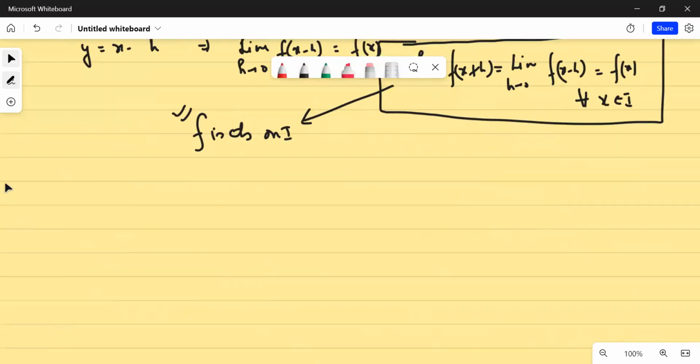Okay, so these are some of the things that you should remember. A few more things I'm going to write, and then we'll move on to questions. There is yet another property. I'm not going to derive it, but okay, there's a power cut.